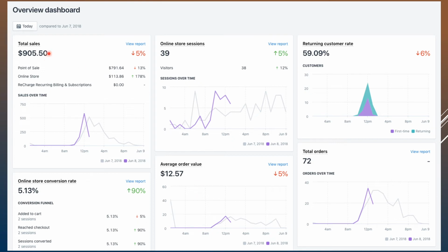The other metrics like total sales, sessions and orders are just good to know, but you cannot do anything about them. But if you want to focus on increasing revenue, then returning customer rate, conversion rate, and average order value are the 3 things that will help you to increase your revenue.